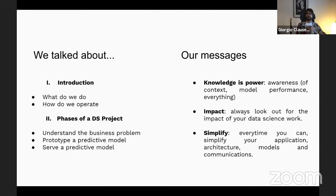What we try to convey here as closing messages is 3 simple points. Knowledge is power. So be aware of whatever is going on. Be aware of the context your model operates in. Be aware of the performance that your model has in its real life. Be aware of where your data is coming from. Be aware basically of everything. If you have this general awareness, then you will be able to take the right decisions